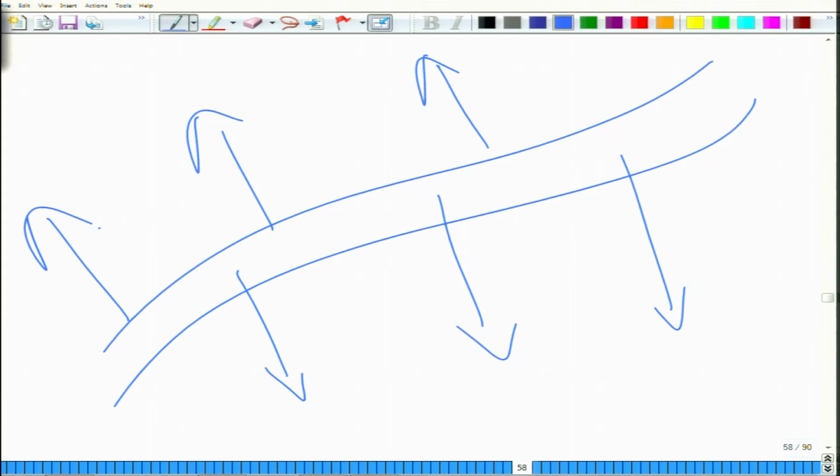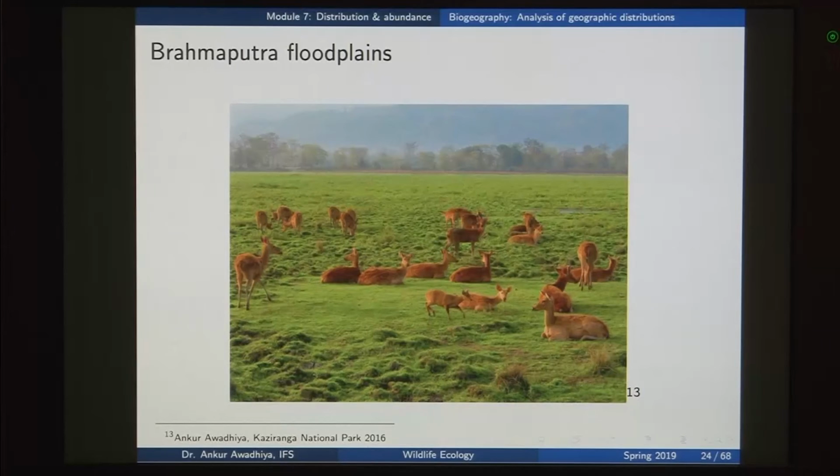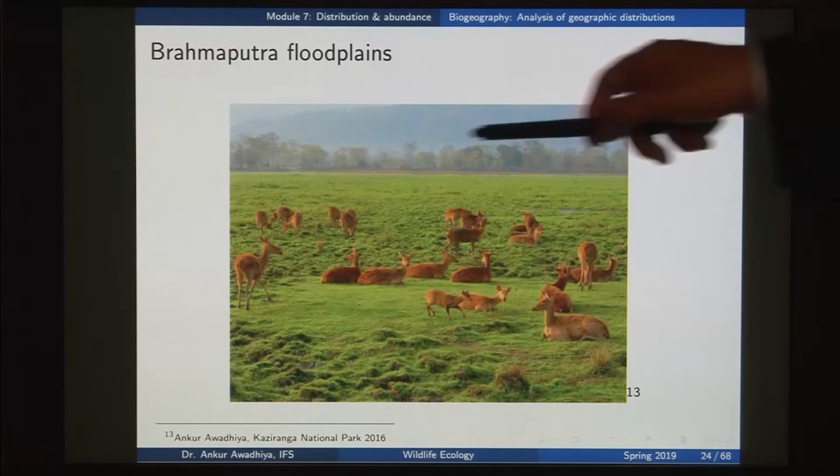Now, when these floodplains are getting inundated, the sediments that were brought by the river are also distributed to all of these areas. Now, these sediments are extremely new soils, so they are extremely fertile, and so the grass growth in this area will be very high. At the same time, when you have this river that floods the area, whatever remains in